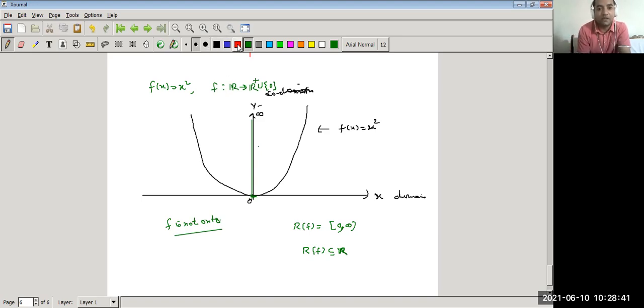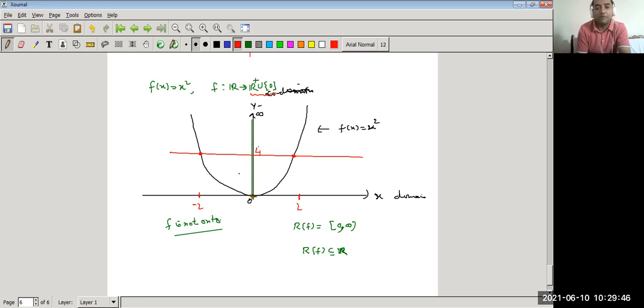If we think about this function graphically, is this function 1-1? What is your opinion? No, this function is not 1-1, because if we take a horizontal line, it should cut the graph at most once, but here you see it cuts the graph at two points. It means this function is not 1-1, but this is onto. It became onto when we reduced the codomain from R to R plus union 0, non-negative real numbers. It is not 1-1 because if you take two distinct elements, -2 and 2, their images are equal. f(2) = f(-2).